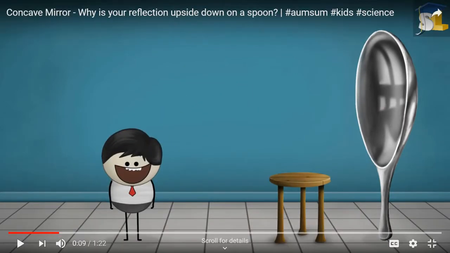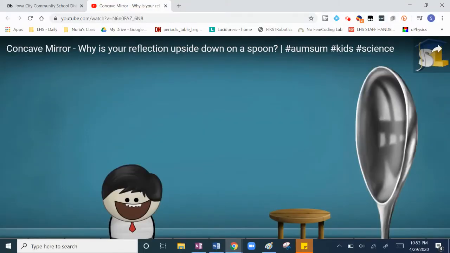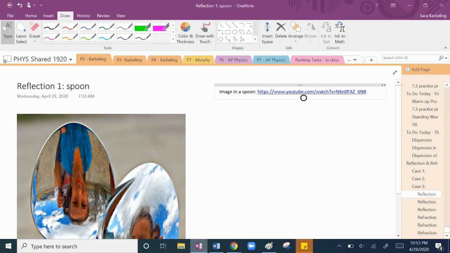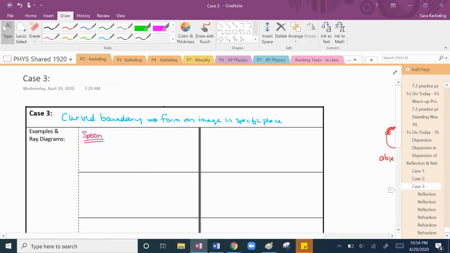So it's kind of a weird thing if you have a sibling that you like to play tricks on and you have a particularly shiny spoon, you can also kind of mess with them because right in between when you're upside down and when you're right side up, you actually go away for a split spot right at the focal length. There is no image. There's a lot of good physics that lives in there, but for our case, we're just going to pay attention to that idea of the spoon and know that the image